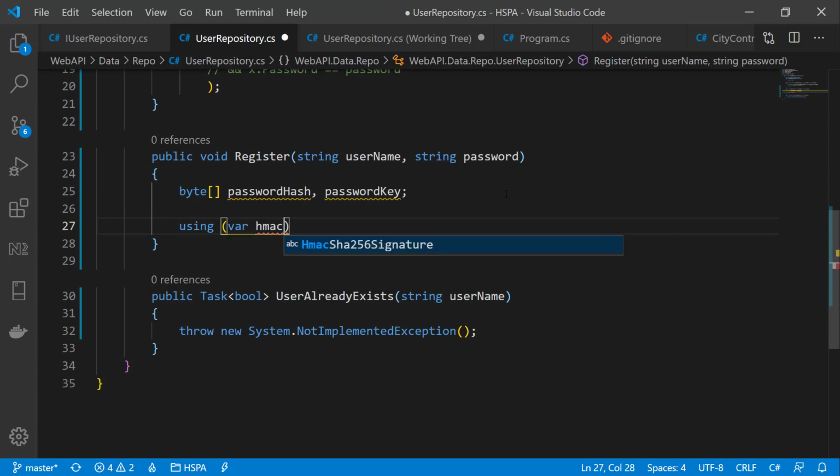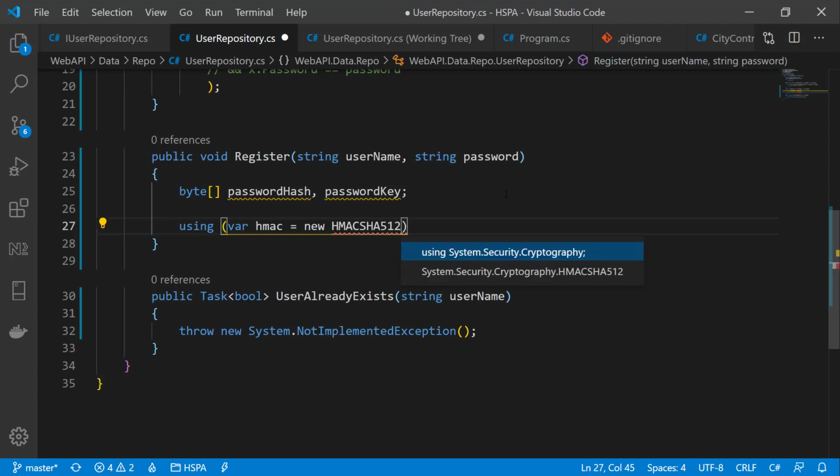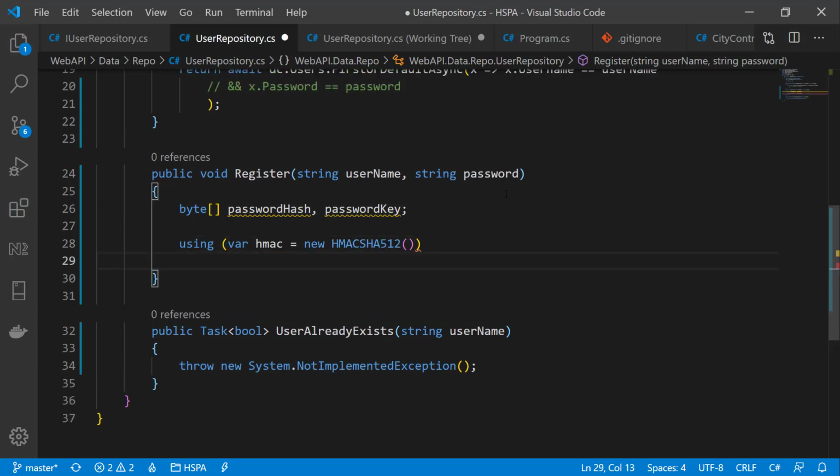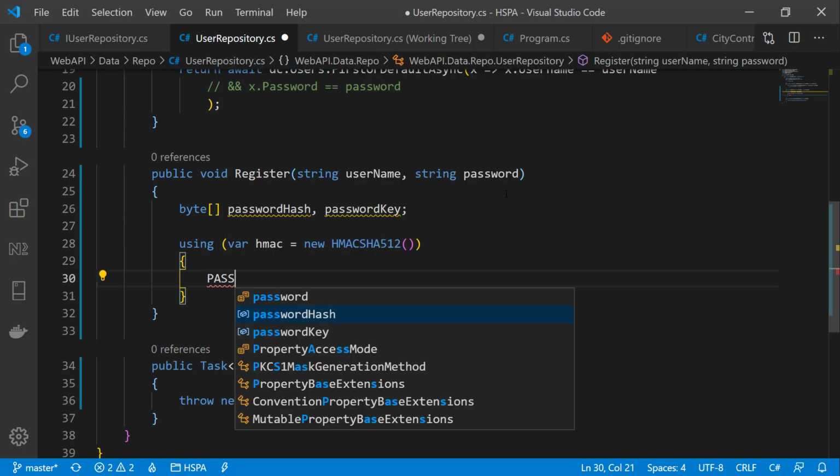HMAC is actually the short form of hash-based message authentication code. Add the required namespace for this class, and it is under the System.Security.Cryptography namespace.